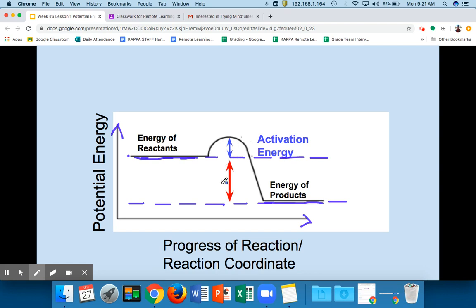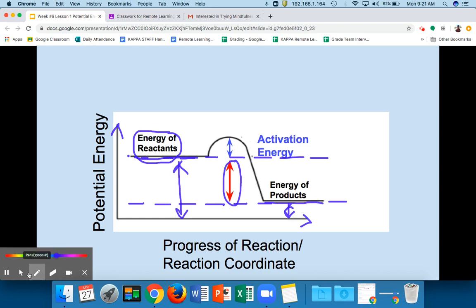And this area down here is actually the energy of the reactants minus the energy of the products. So it's actually this whole energy value minus this value gives us this value, which we call